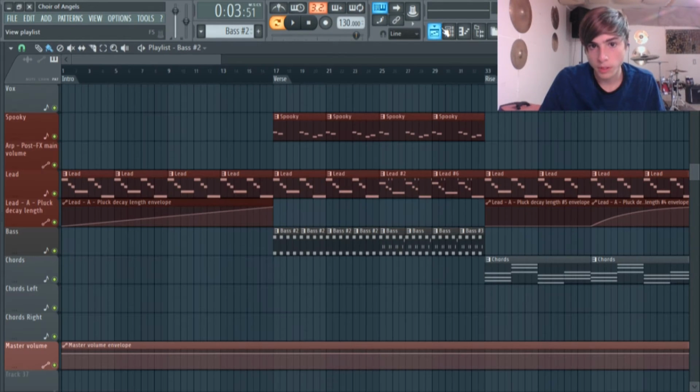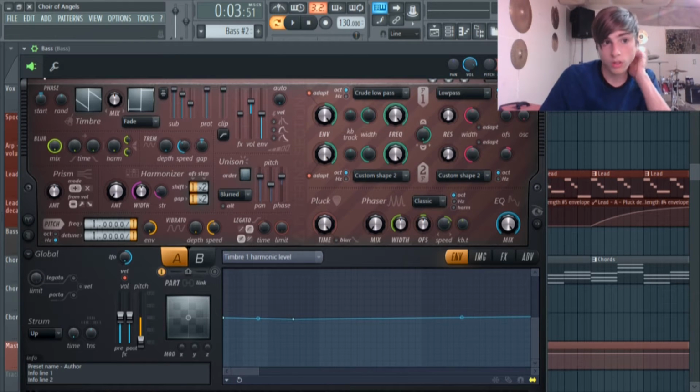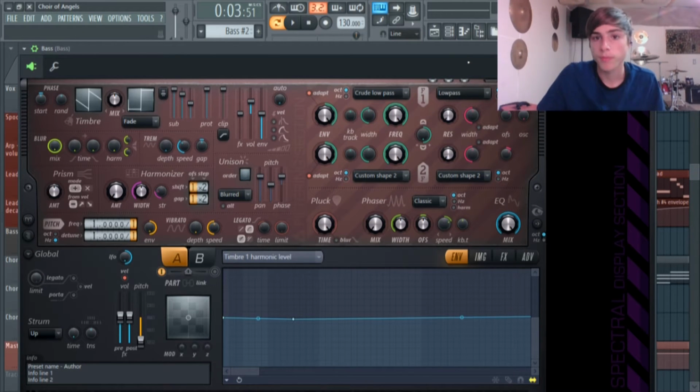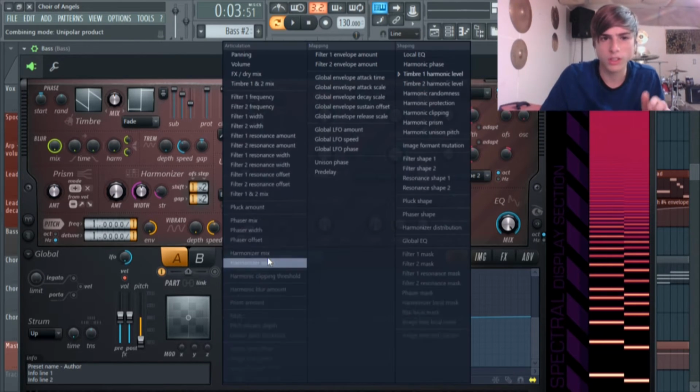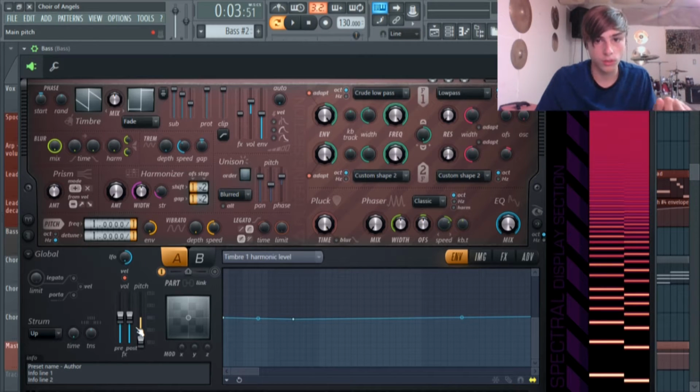And then with this bass here, oh, wrong button. This was made in Harmor. So this one was a preset I made, and well, no, it's not a preset, it's just a synth I made. And basically all I did here was I just turned down the pitch on the standard saw,